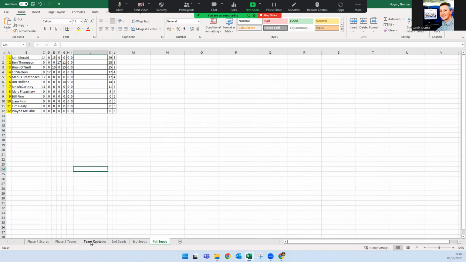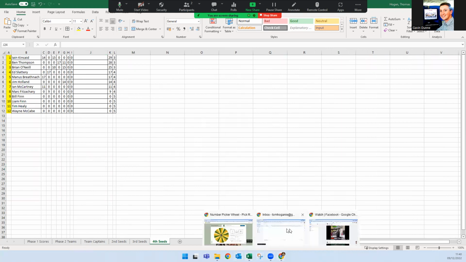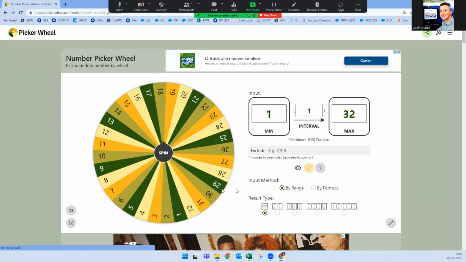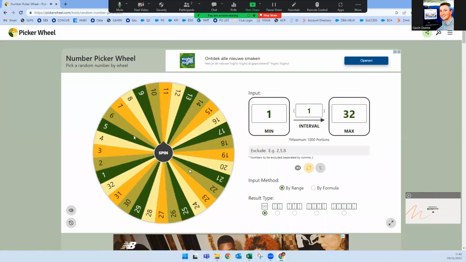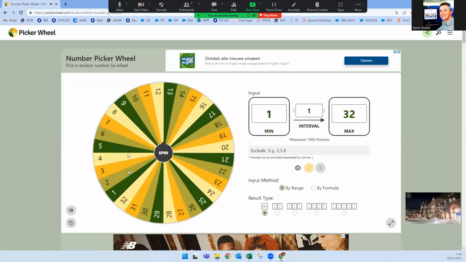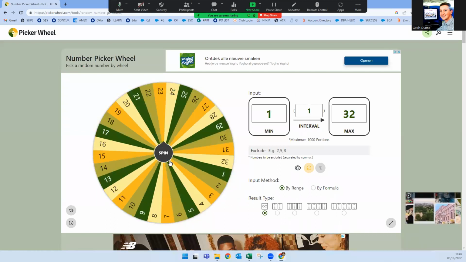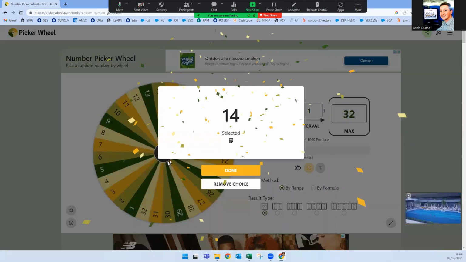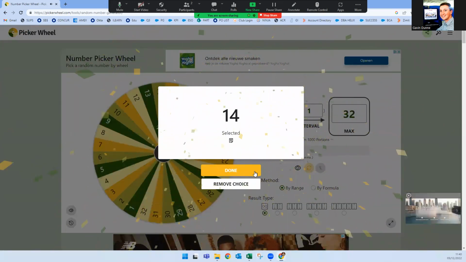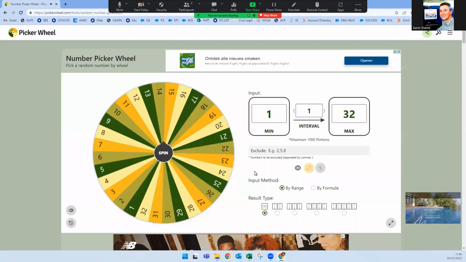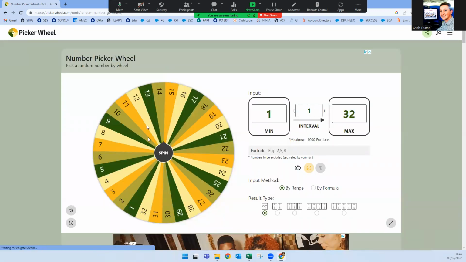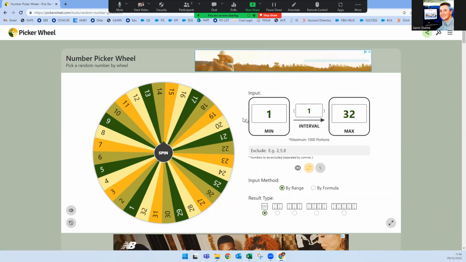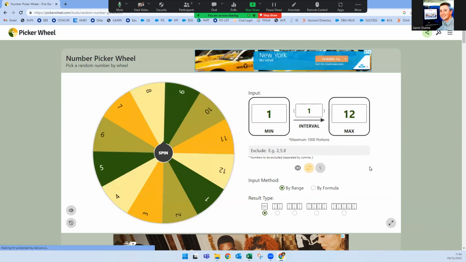So what we're going to do is, as I said, use this thing online, which is a random number picker. So this basically picks a number at random, as you can see here now. What we'll do from the drawing sake is we will take that number out of the draw as we go. Okay. So we'll start off and we'll do the bottom 12 seeds first,